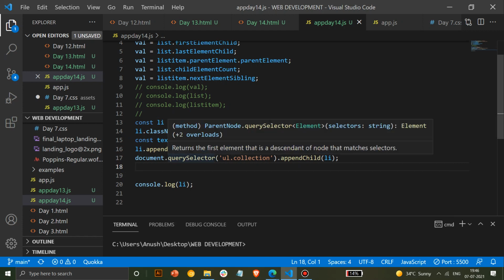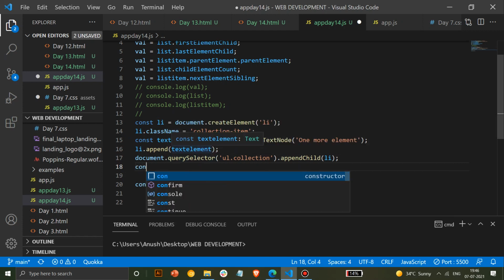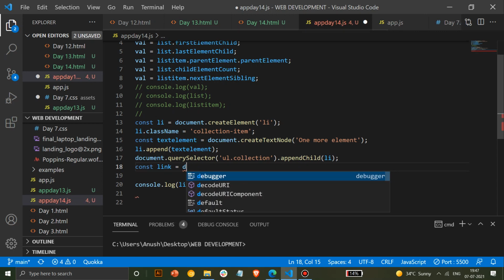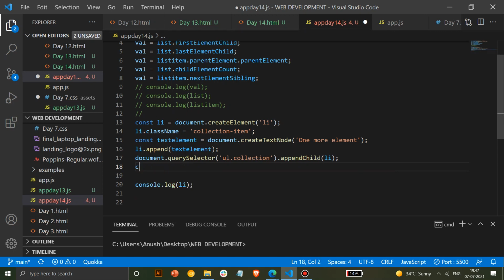In case you have to create a link, or replace a link, you can create an element. I'll write a comment too: this part is for creation of an element.